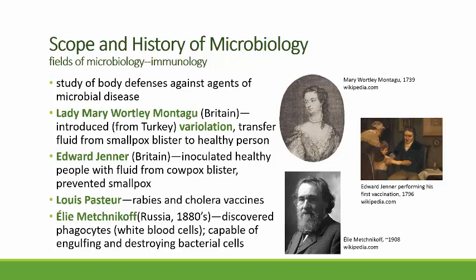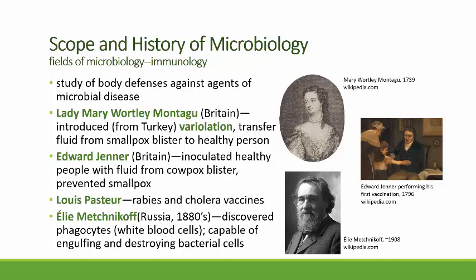Edward Jenner, who was a British physician, noticed around the same time that the milking girls who did all the milking of the cows, and cows have a very similar disease to smallpox called cowpox, he found that women who were the milkmaids did not have the same likelihood of coming down with smallpox. And so he began inoculating people with fluid from a cowpox blister and found that it prevented smallpox. And he is responsible for developing some of the first vaccinations, with his own son. In fact, he vaccinated his son and then infected him with smallpox and found that he did not get smallpox. Louis Pasteur,